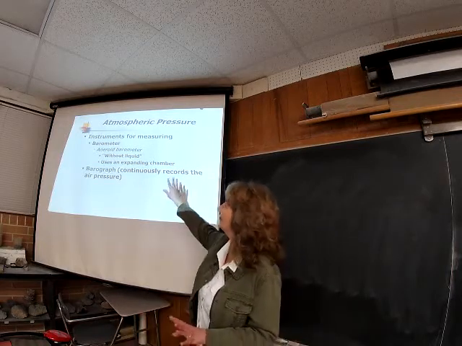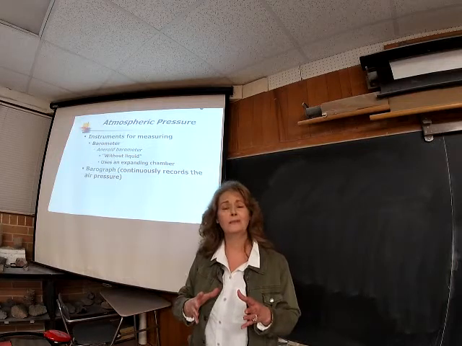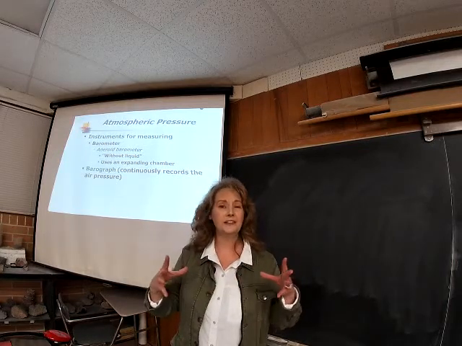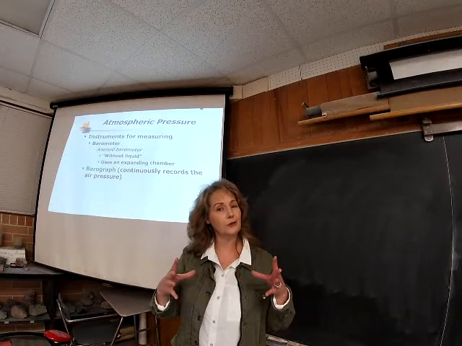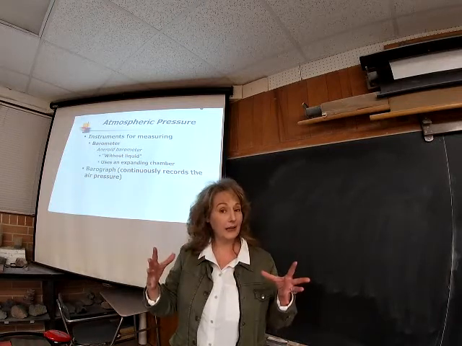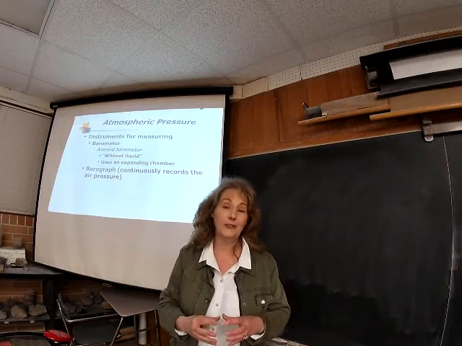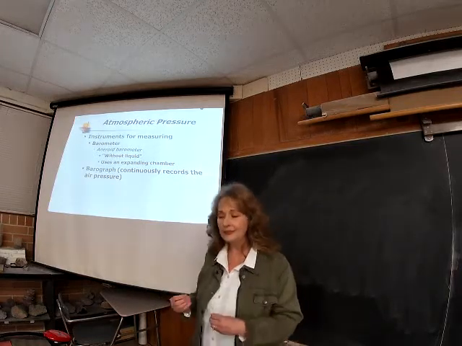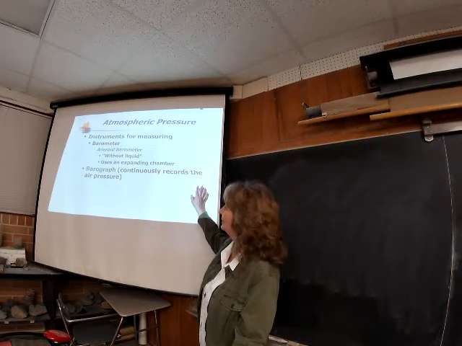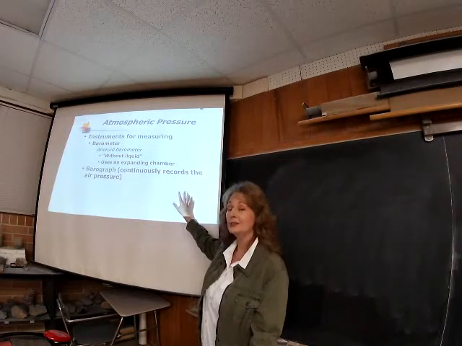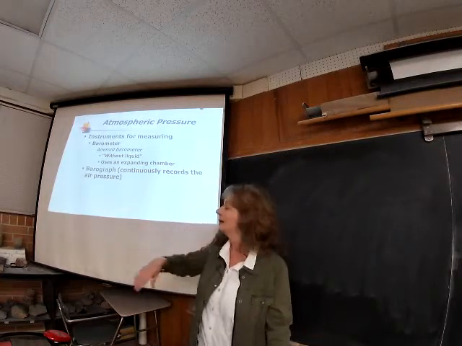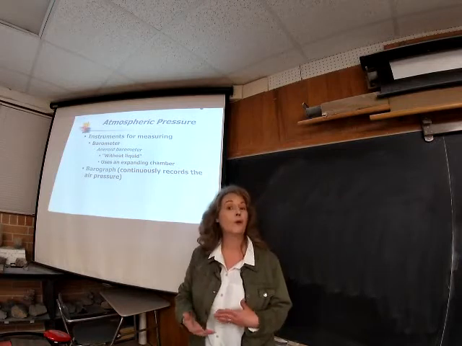It uses a serrated, accordion style of metal chambers that will contract and expand according to what is happening to the air pressure. So aneroid barometers use an expanding chamber, and it's hooked up to a barograph, which with a little needle can continuously record